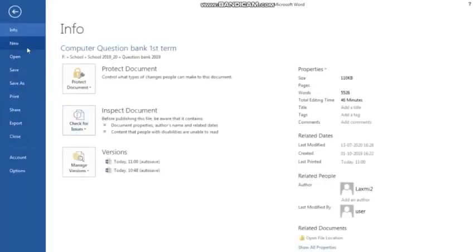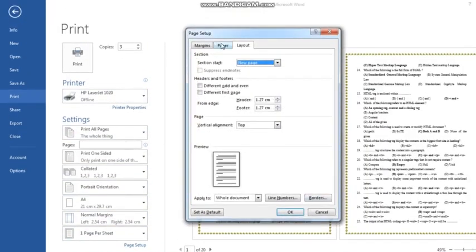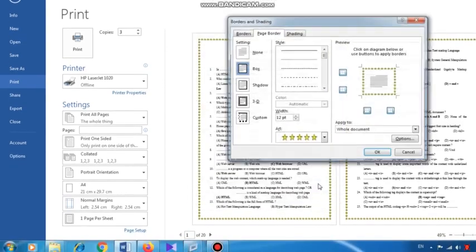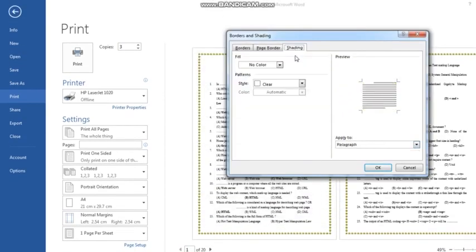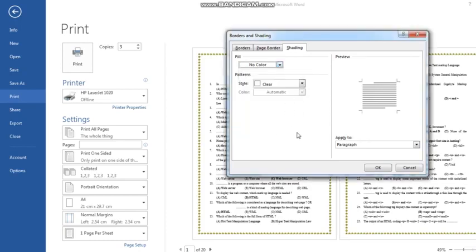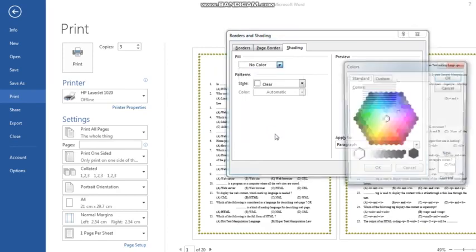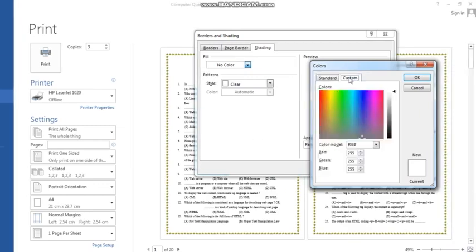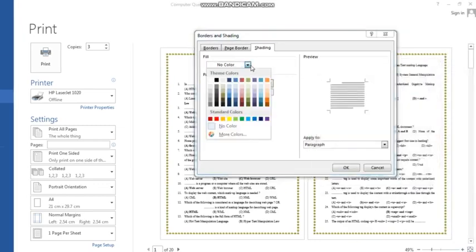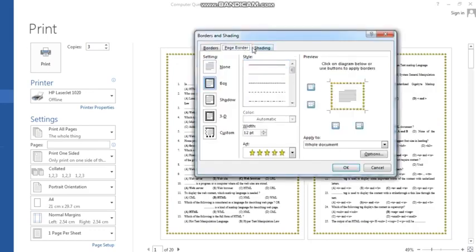One more thing: I go to the page setup dialog box, and go to borders. Now shading, if I want to give it in the page, no color is given. I select a color, then the page will be filled with yellow color. Style also I can set from here, how much of this thing I want to give. So border and page settings I can give from here. I can select any color of my choice and give that color. For example, I select yellow color. So border, page border, these all things I hope are